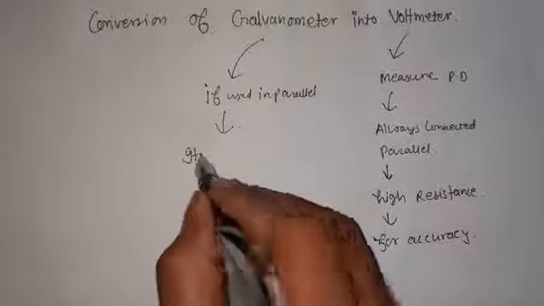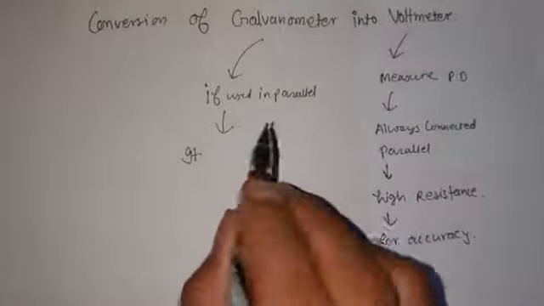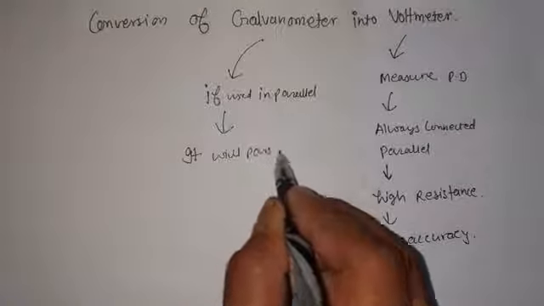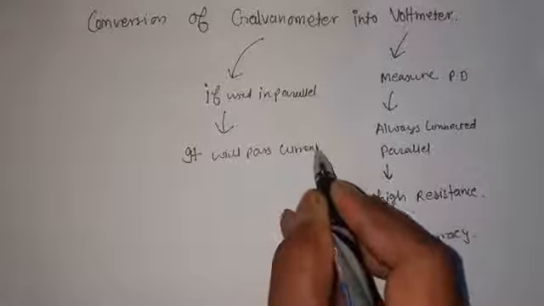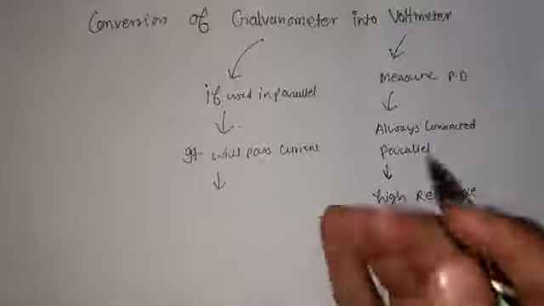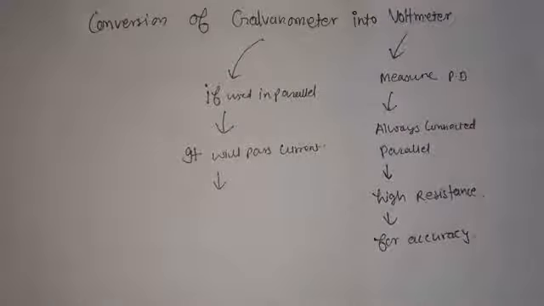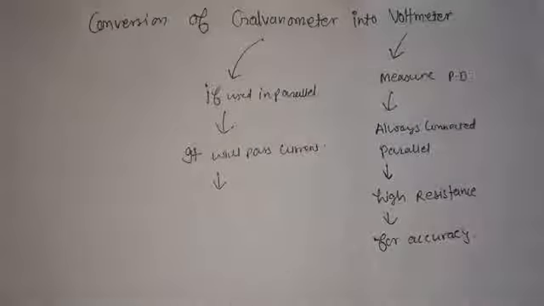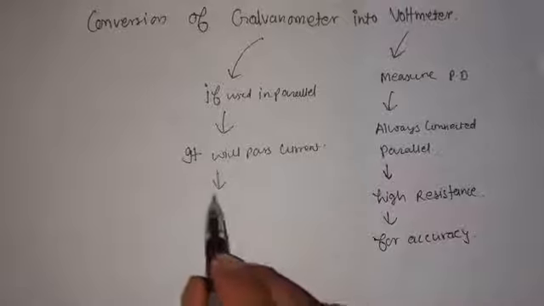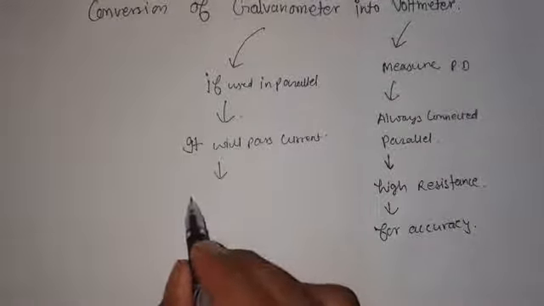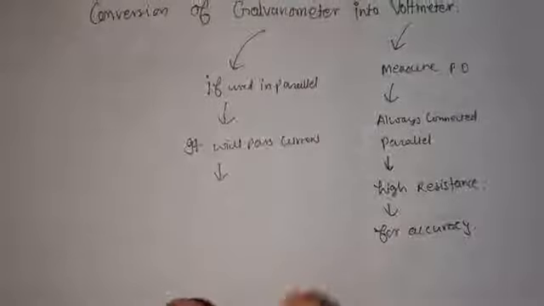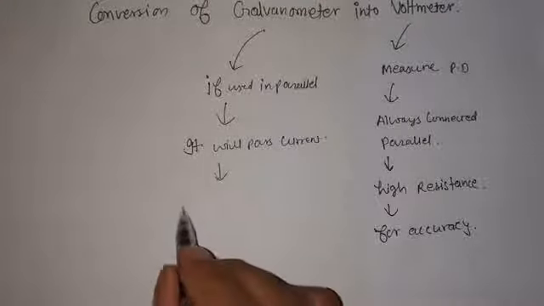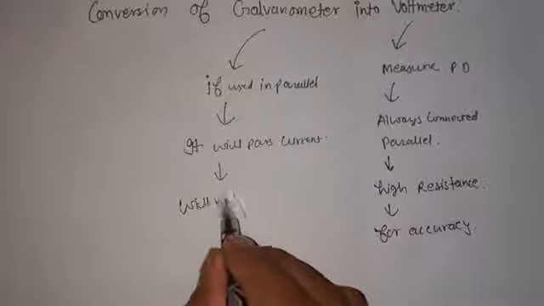Whenever we use a galvanometer in parallel, it will pass current, because it does not have large resistance. Therefore it will pass current through it, and due to that it will not give an accurate measurement of